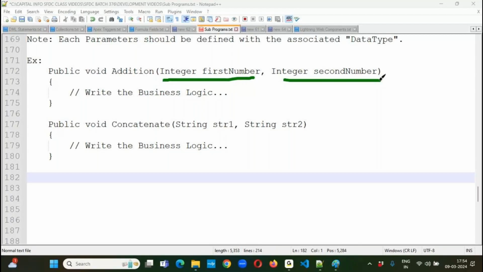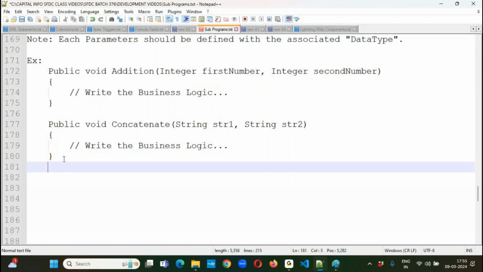If you are not passing the values for the parameters, when you try to execute, it will show the error message, incorrect signature method. That means the method does not exist, or an incorrect signature exception will be raised automatically. So compulsorily we have to pass the values for those parameters. Whatever order we have defined the parameters, first parameter, second parameter, in the same order we need to pass the values. Your parameter definition and passing the values should be in exactly the same order. If you change the order, the syntax will be wrong. Okay, now,